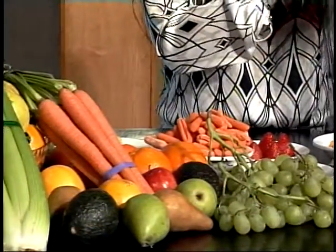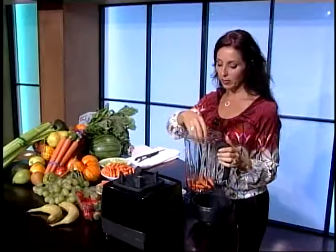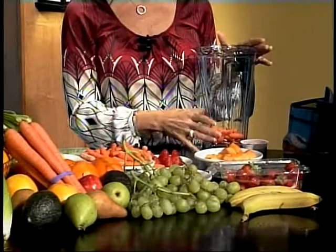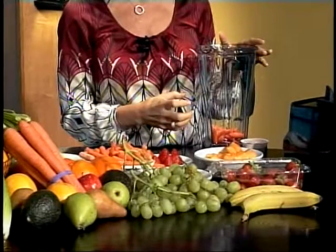to taste. So grab your blender container, and anytime you're going to use vegetables, I recommend that you put them in first so that they get chopped up the most. And we're going to use some carrots today. So toss some of those carrots in there. And it's okay, you can put a lot, you can cover the bottom of the blender. Like I said, they're going to get chopped up and they're going to taste just fine when you add your